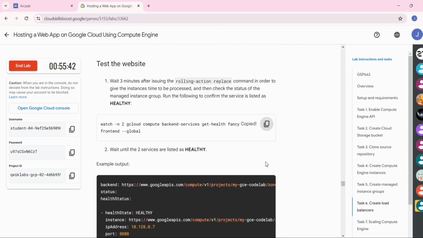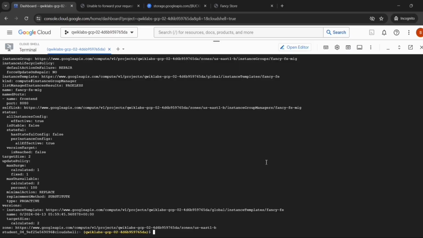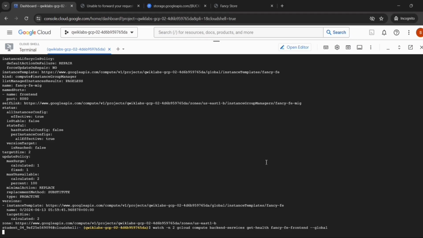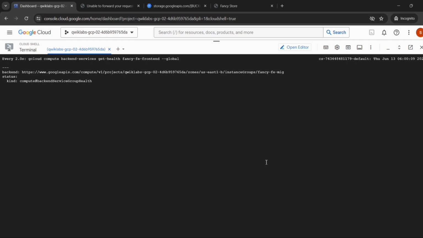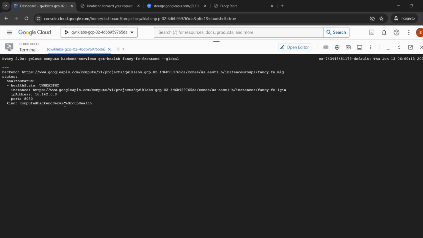Now copy this command, now go back to the Cloud Shell, paste it, then press enter. Now from here you can test it out.